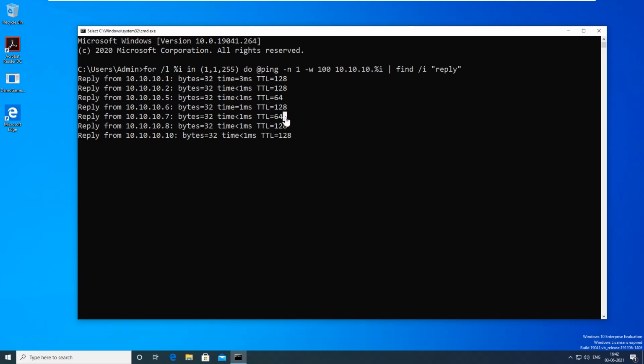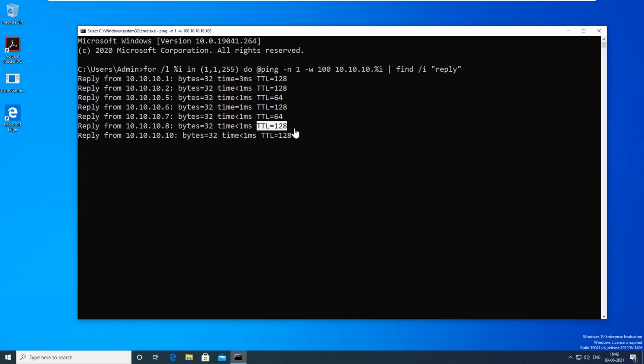When you get a TTL value of 64, it might be a Linux-based or Unix-based machine. It might be Ubuntu Linux or Red Hat Linux, or any Unix-based machine will have a TTL value of 64.